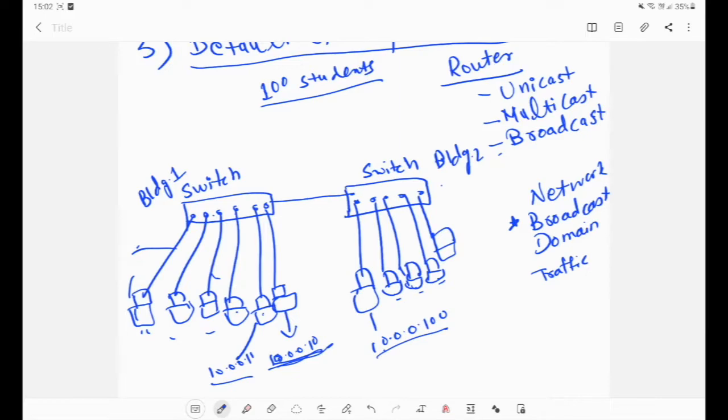To solve this issue, we create 10 different rooms. We create a partition, and we allow every batch, every technology's people, to sit in their respective room, and there will be a door obviously. So whatever communication is happening, it is happening inside that particular room for the respective technology. It will not cross to the other room, which will not disturb them. But there will be a gate. If they want to go outside for something, they can use that gate. Similarly here,